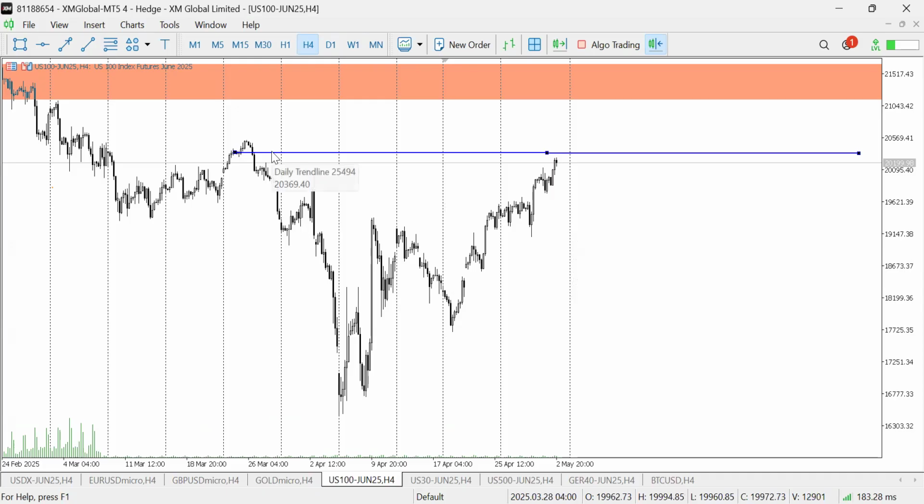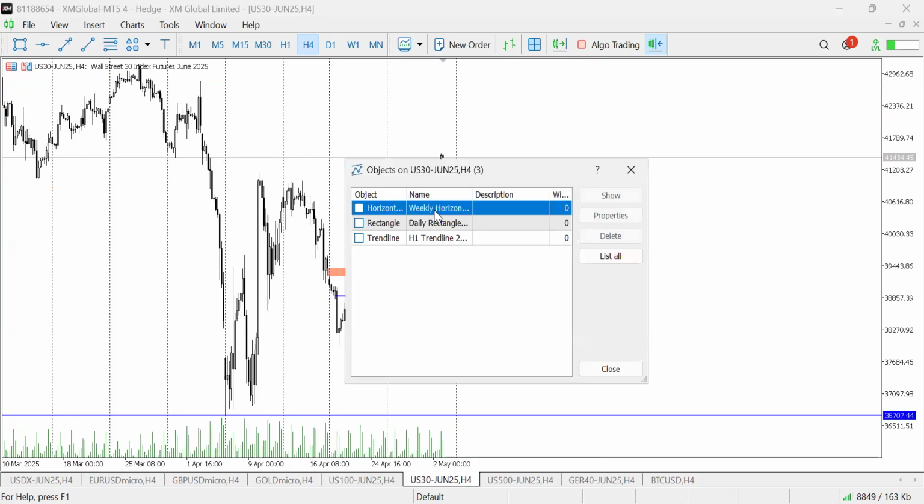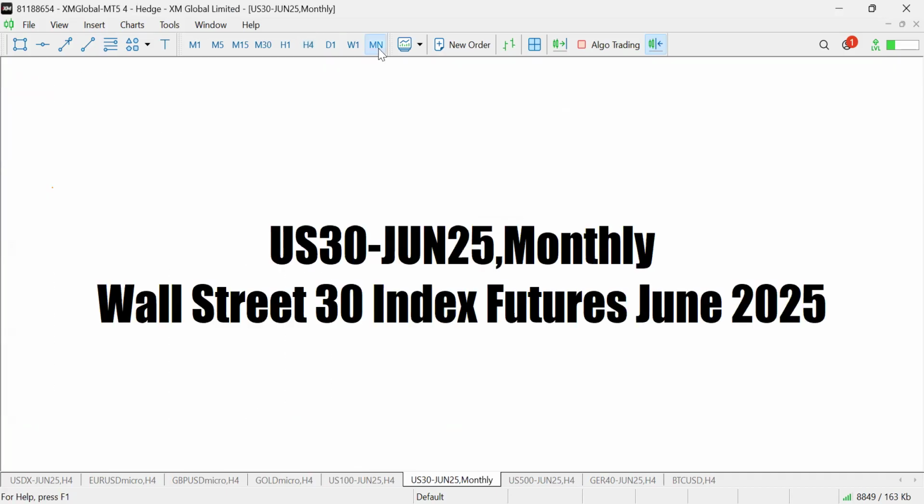So where's the next target? That over there. So I believe once we clear that, and if we get up to that range, we could be into another cycle, another market maker sell model going lower. That's what I'm looking at. But for now, I'm long until the market proves me otherwise. And yeah, man, these markets are the same.